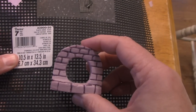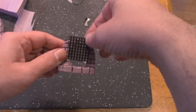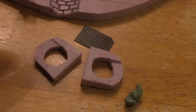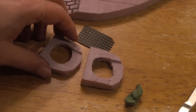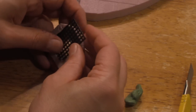And we're going to use it to make a grating. We're going to have this drop down like that, and you'll be able to pull it up and down, so it'll be a portcullis as well. You just cut it in half long ways, and then you use your small utility knife to carve out a little track there on both sides. You measure the mesh, make sure it fits in there like that,